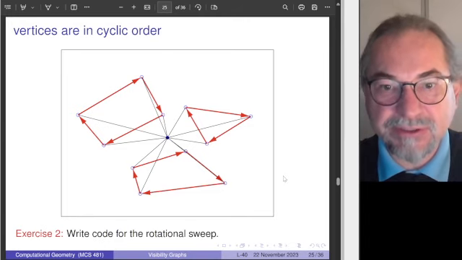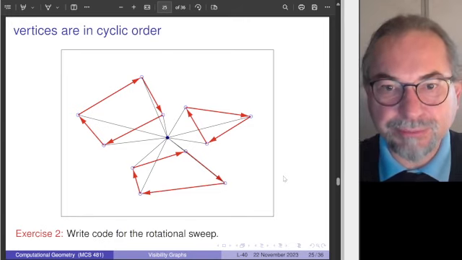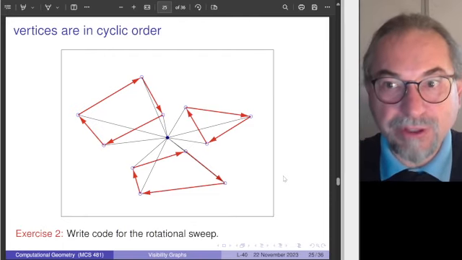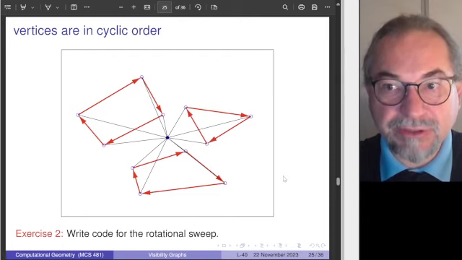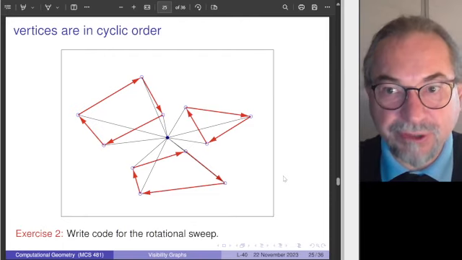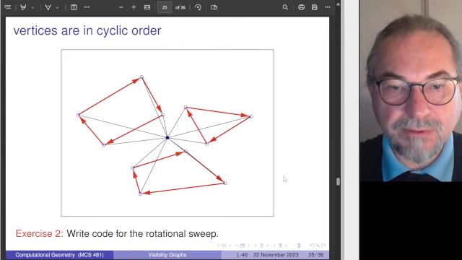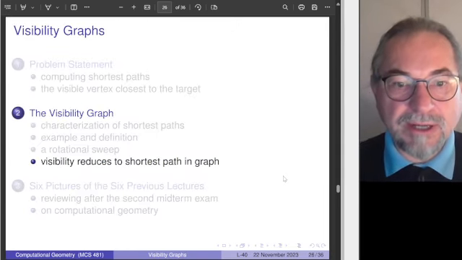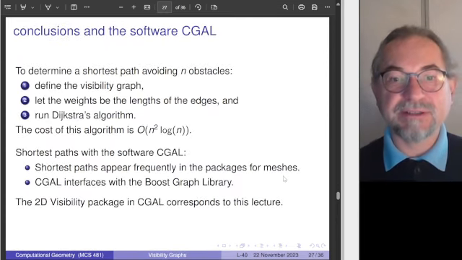Think about how you would organize this rotational sweep and how this would be more efficient than the plain algorithm that considers all the vertices independently. Now the vertices are part of this convex hull. After solving this exercise,